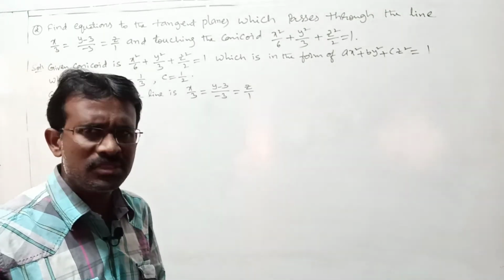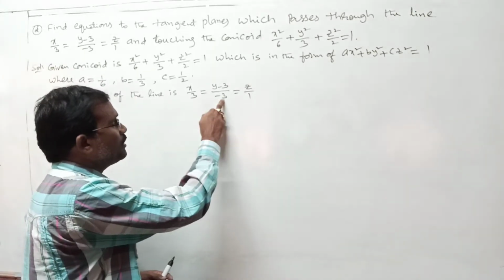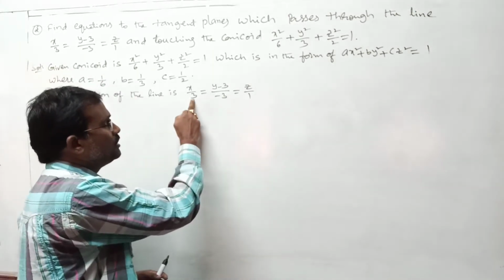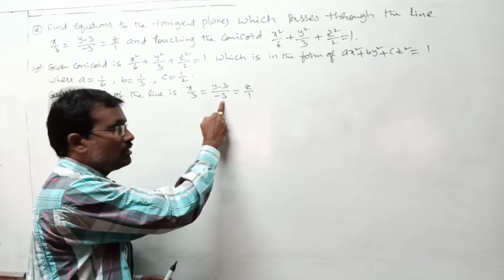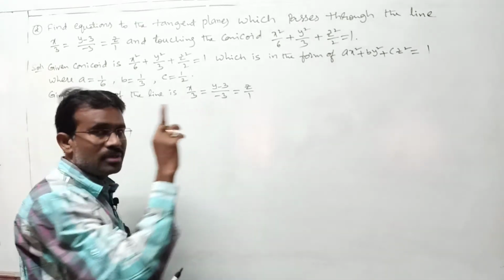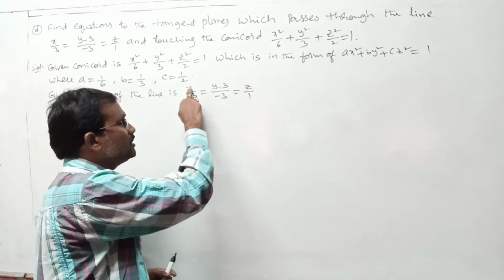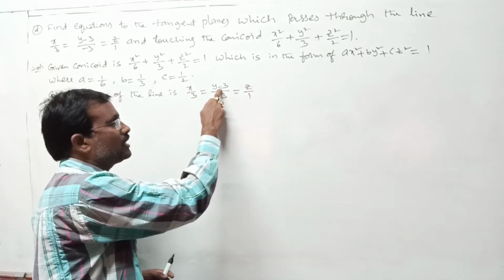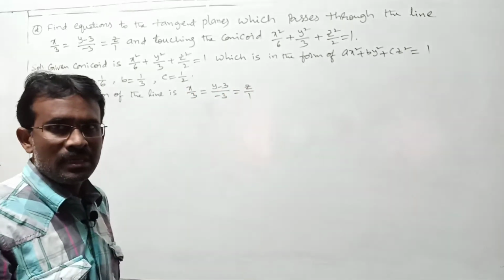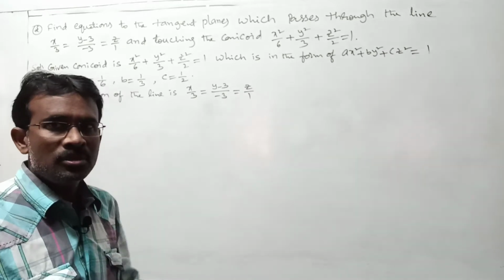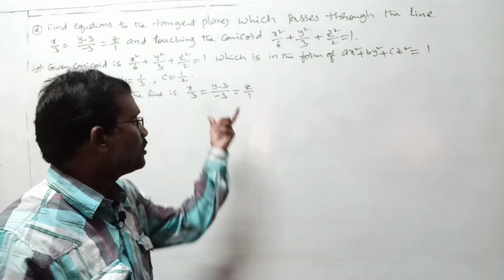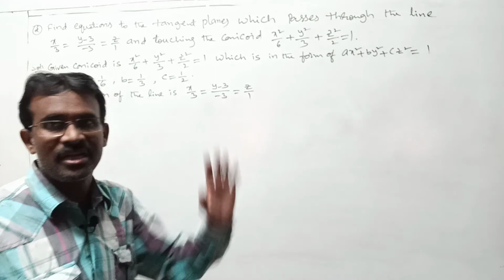Unsymmetric form. It is very simple. This equal to this equal to this means what? This is equal to this, you can take. Now combine them, you get one plane equation. Next, this equal to this I will take. It is not compulsory this equal to this one. If you want, you can take this equal to this also. Like that, two plane equations we get. Those two planes combination gives what? Equation of this line in unsymmetric form.